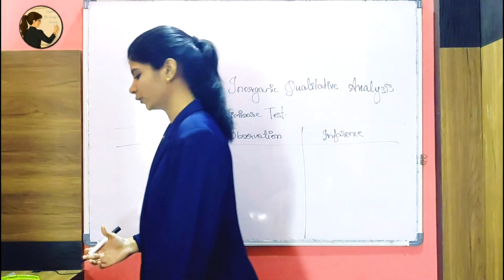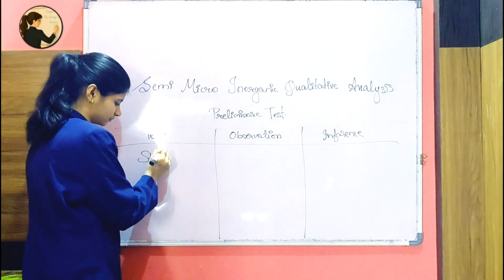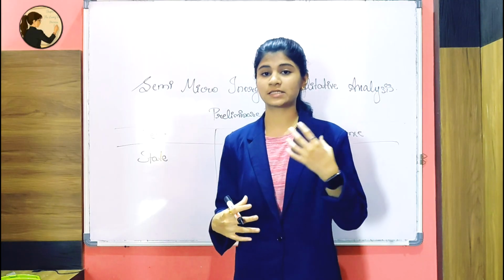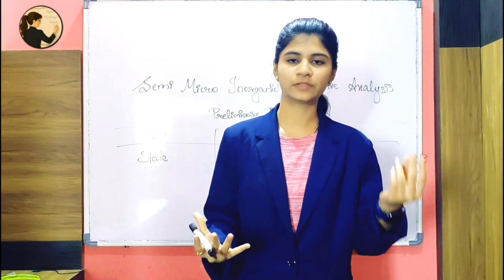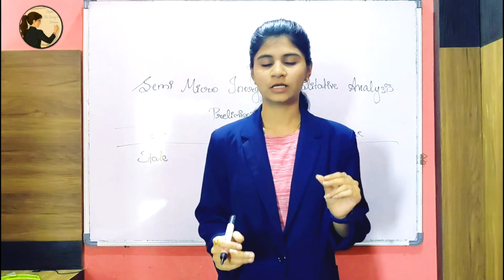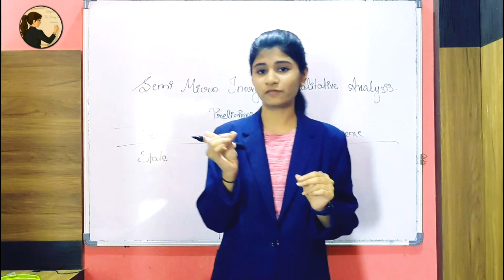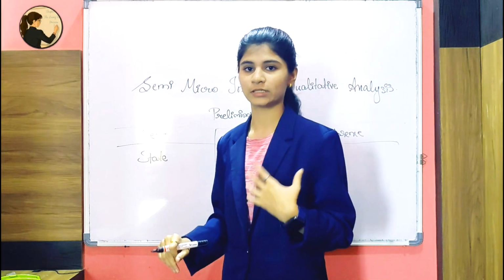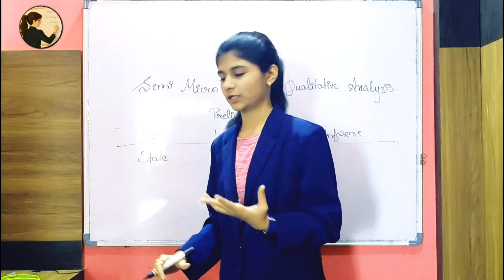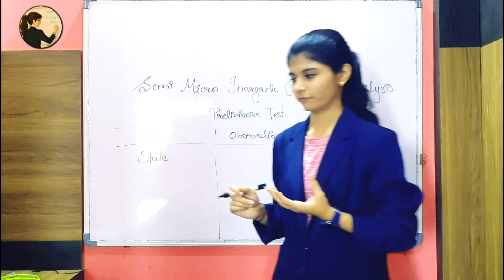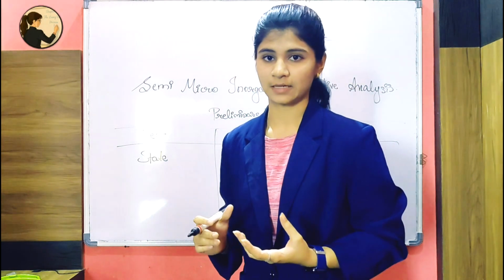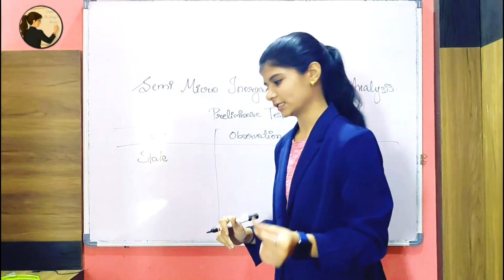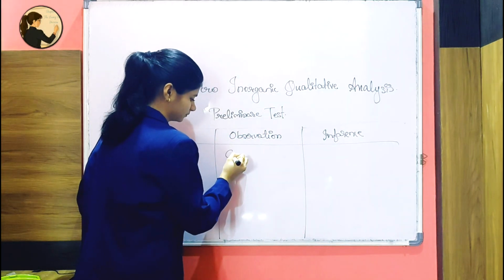After this, you will look at the state. For example, state in the form of salt, whether the salt is amorphous or crystalline. You will find it very easily by touching the salt. If it is hard, then it is crystalline. If it is soft like a powder, then it is amorphous salt. So you have to mention which salt is present. Say I am giving the exam, or you all are giving the exam. First I'll check whether the salt is amorphous or crystalline. If the salt is crystalline,